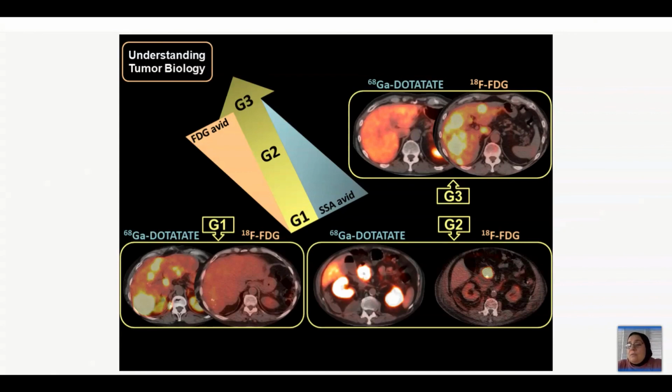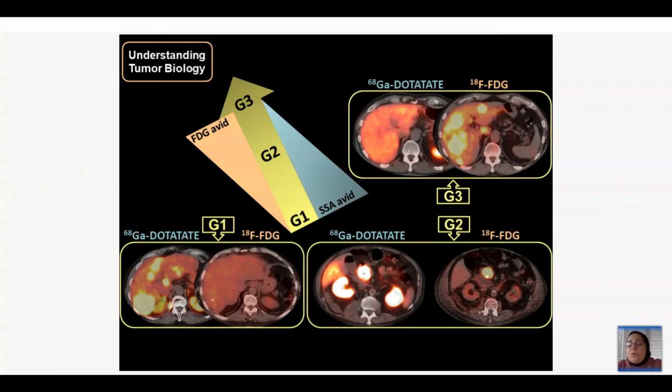When you look here, you will find there's a lot of FDG uptake in those lesions. You see all these yellow dots are actually metastatic liver lesions. They are very, very FDG avid. With DOTATATE, we barely can see them. This tells me that this is a high grade, a grade 3 tumor, right? An aggressive tumor that uses a lot of glucose, but actually does not express a lot